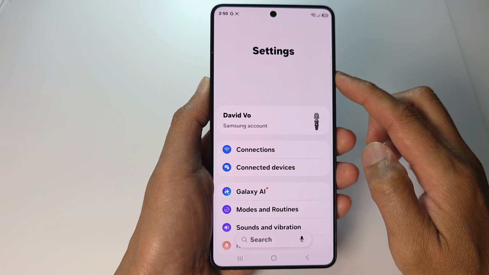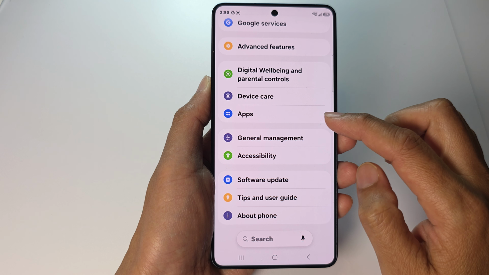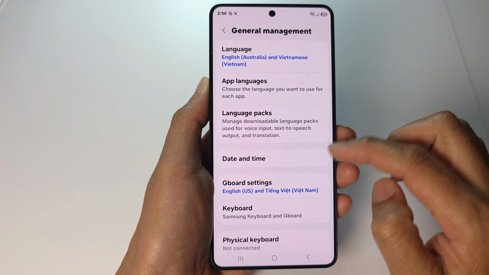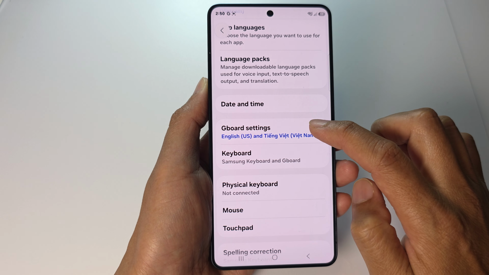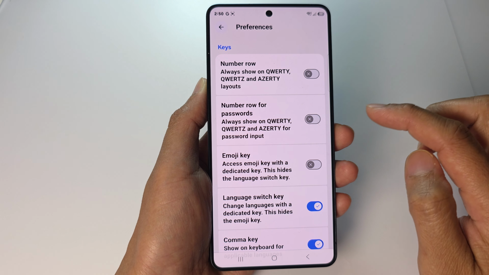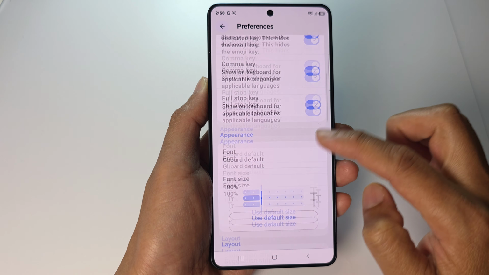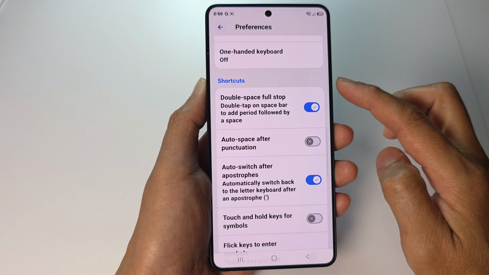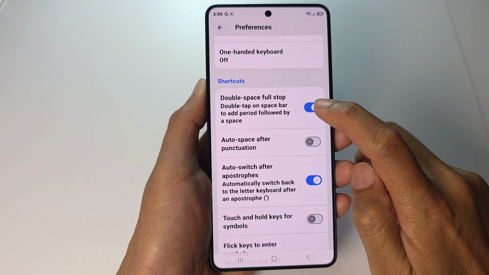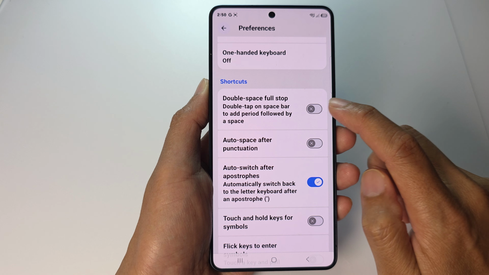From the settings page, scroll down, then tap on General Management. From here, tap on Gboard Settings, then tap on Preferences. Now scroll down, and in the Shortcuts section, tap on double space full stop toggle button to disable or enable